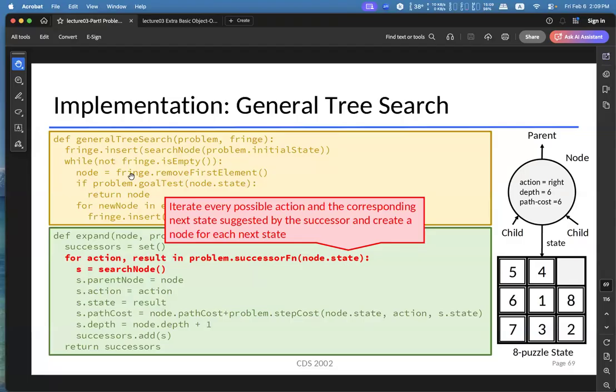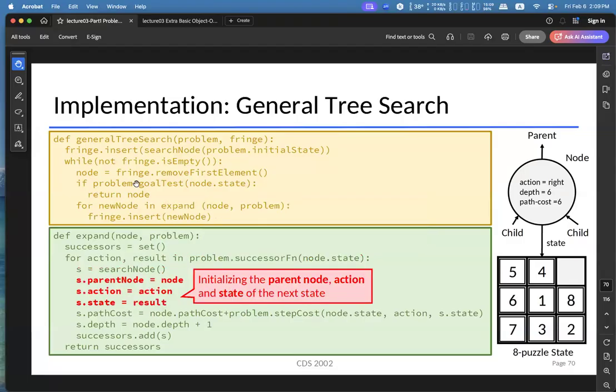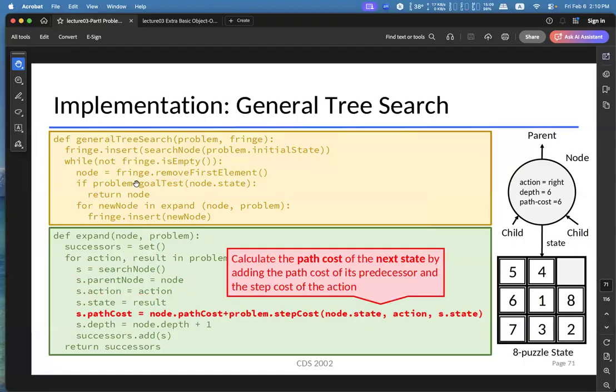The rest of the code is to generate a node in the search tree that represents the neighboring state. We store the action and the neighboring state in the new search node. Then we calculate the path cost by taking the previous node's path cost plus the step cost to go from the current state to the new state.